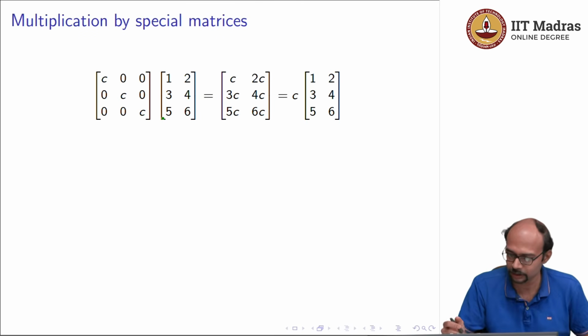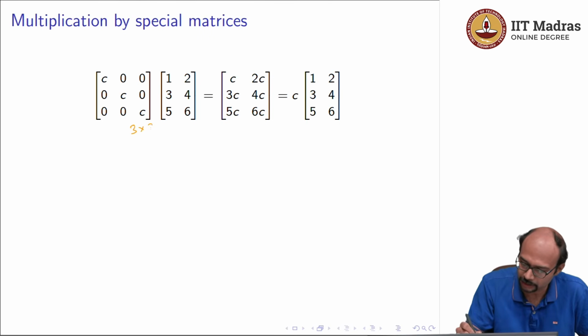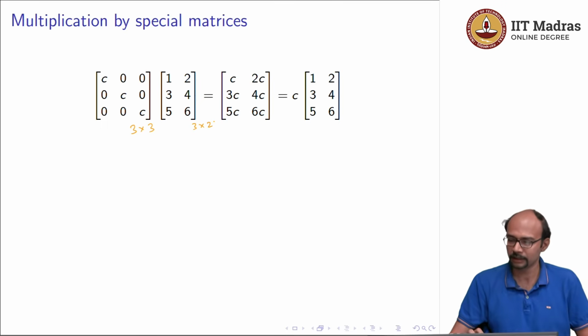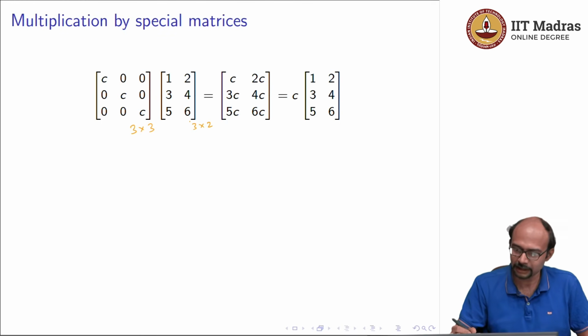First of all, is it well defined? How many rows and columns does this have? This is a 3 by 3 matrix. How many rows does this have? 3. And how many columns does it have? 2. So this is a 3 by 2 matrix. Indeed we can multiply this because the number of columns here is 3, which is the same as the number of rows here. And when you multiply these, you will see that the first entry, for example, the 1/1th entry